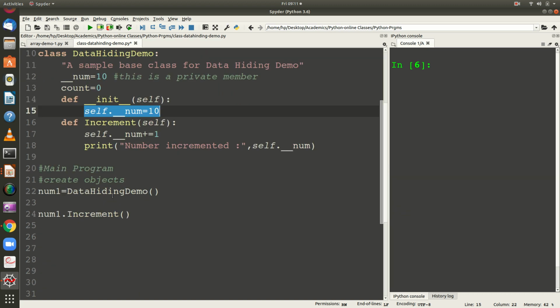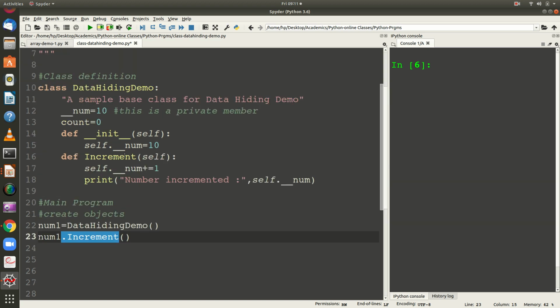Now, in the main program, I am going to create the object. I create an object called num1, and I am going to increment the value of num1. So, what happens? Whenever I invoke increment, it will keep on incrementing the value. Initially it is 10, and when I call it once, it will increment it to 11, then to 12, and so on. And suppose, for example, you want to have a double increment. So, what you can do, I can just copy this